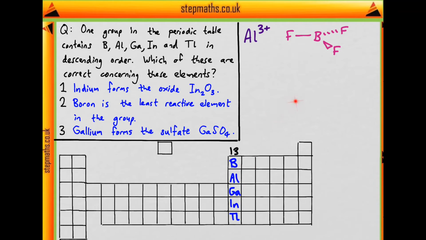So let's look at these statements. Does indium form the oxide In2O3? Well, what ion would indium form? If aluminium forms 3+, and it's in the same group, then there's more than a good chance that indium will also form 3+. And what's the charge on oxide? We know this is -2. So does this make sense? If we have 2 indiums, that makes +6. If we have 3 oxides, that makes -6. So this formula looks correct.